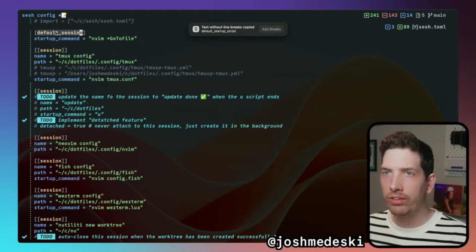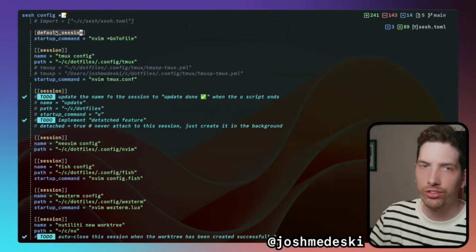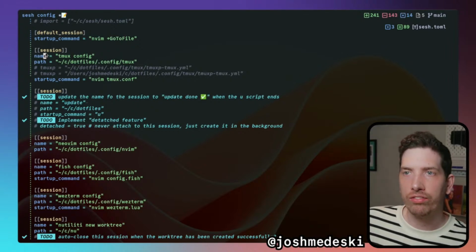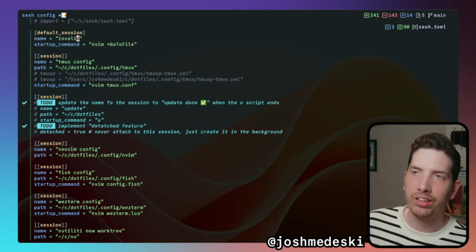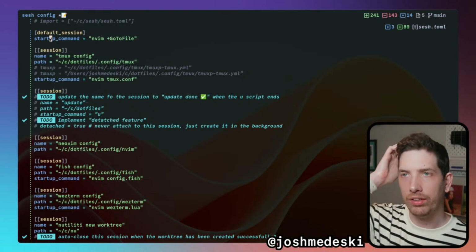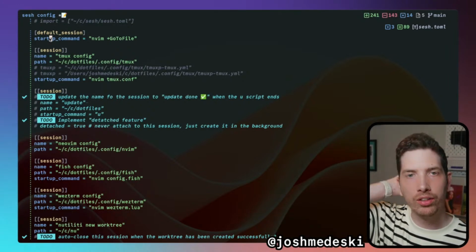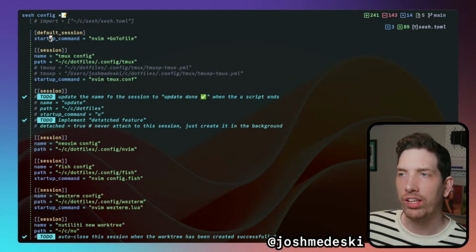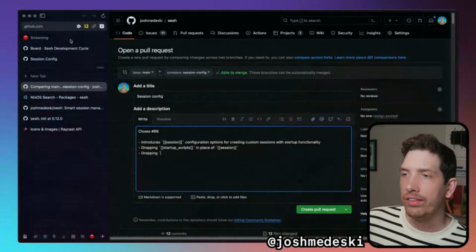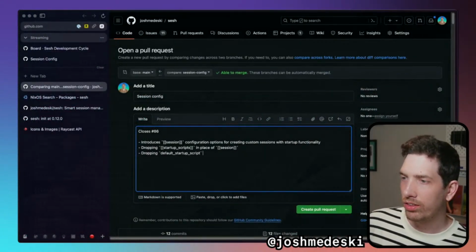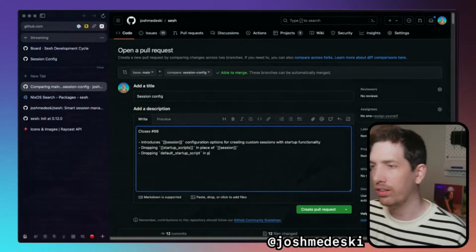But now I've said, okay, how about we just have something called default session? There's only one of these. It plays off of session, but has a limited number of fields, like name isn't valid, so this won't do anything. But we have startup command, we have startup script, and you can pick between them. One of them, of course, executes a script. The other one will just run whatever your command is after the session starts. So that's the next piece. So we're saying default in place of